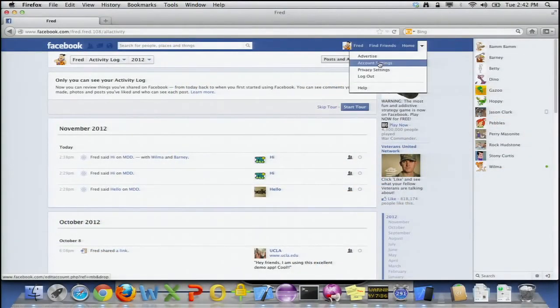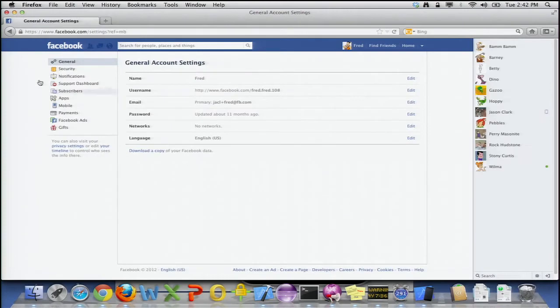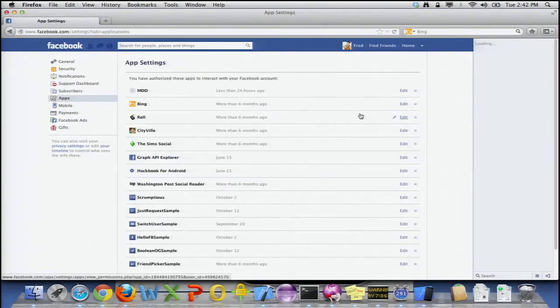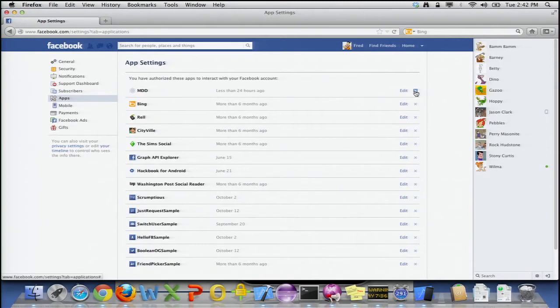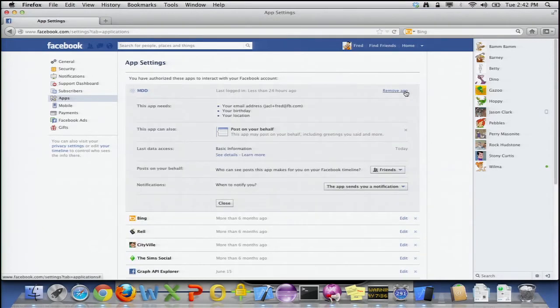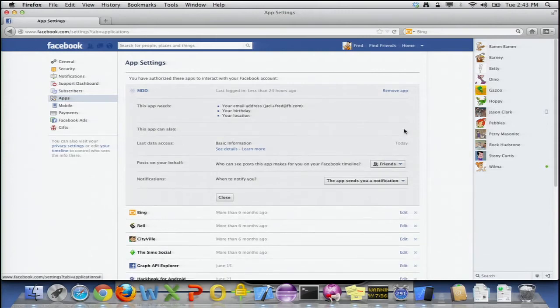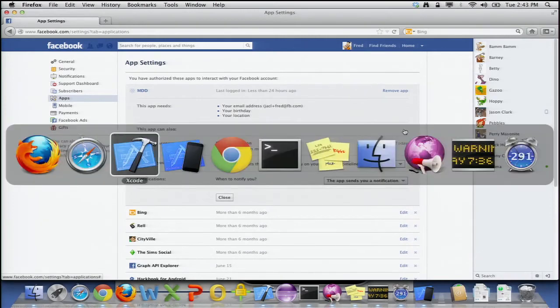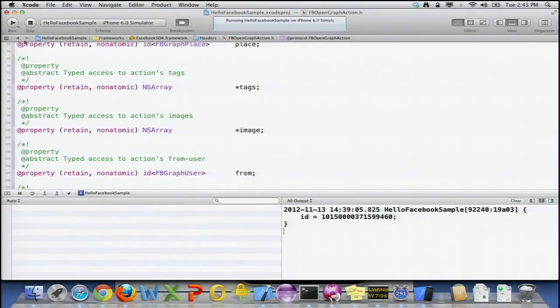So I'm going to go over here to Account Settings and click on Apps. And a fairly common thing is for somebody to actually uninstall an app. So many apps tolerate that one. A slightly less normal scenario is that the user actually cracks this thing open and starts monkeying around with the permissions that they gave the application. So in this case, posting on my behalf. So maybe Fred's become a little nervous. He was embarrassed by something he posted, and whoa, was this app or was it not? And he doesn't know, so he panicked. So he removed this permission, and now let me go back to my application, and